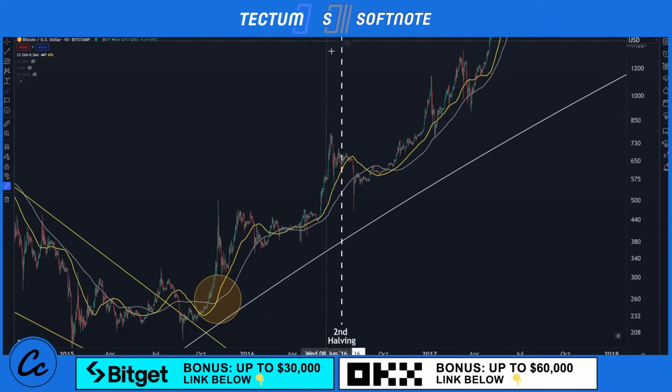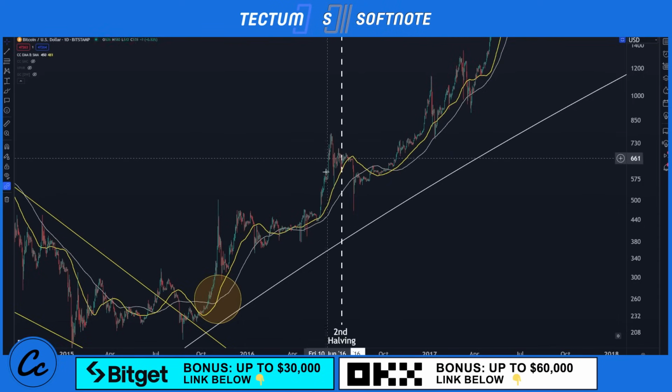You note that there was a big move to the downside after the halving event actually occurred there, and that's pretty common. The Bitcoin halving event tends to be quite lackluster, but it is a catalyst for bigger moves to the upside after the event has actually taken place, right? And now we know that the Bitcoin halving event in 2024 is going to be a pretty big one with everything that's going on, but I still expect us to be quite volatile all around the actual event itself.